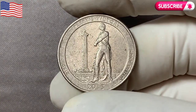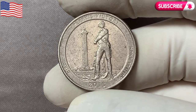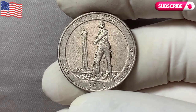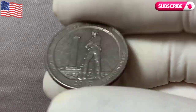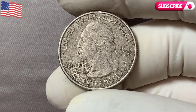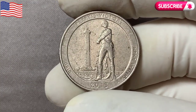While most Perry's Victory Quarters are worth their face value, or just a little more to collectors, one particularly rare and perfectly preserved Denver minted quarter with known error characteristics recently stunned the numismatic world by selling for an incredible sum. The value: a whopping $30,000. Yes, $30,000 for a single quarter, an ordinary piece of metal transformed by history, rarity, and condition into a treasure